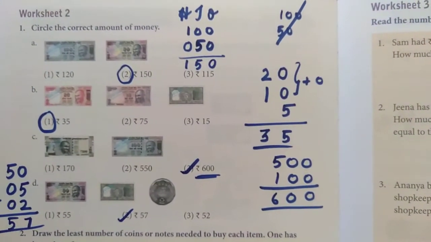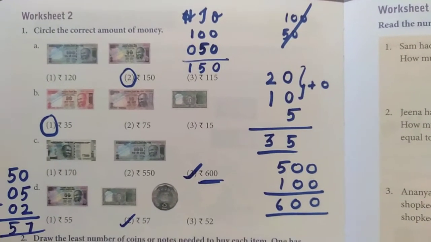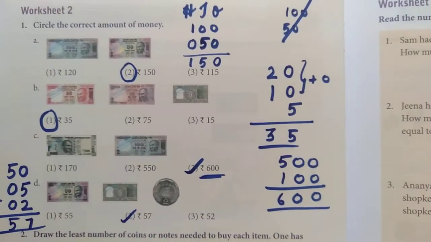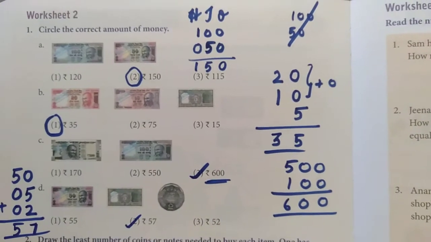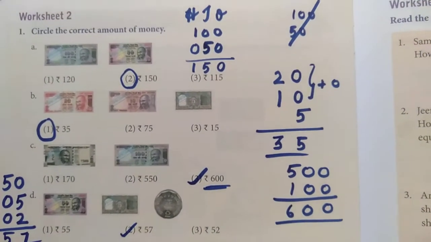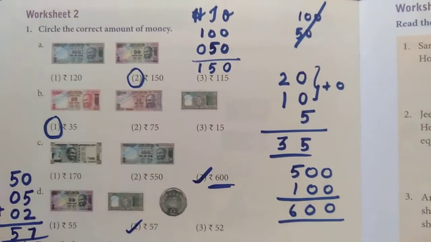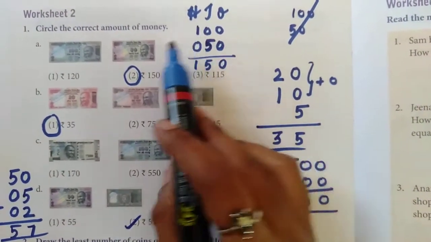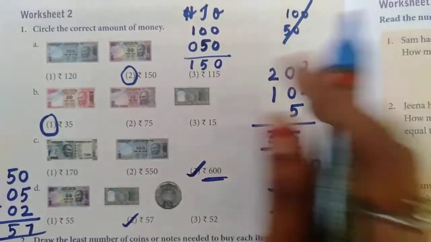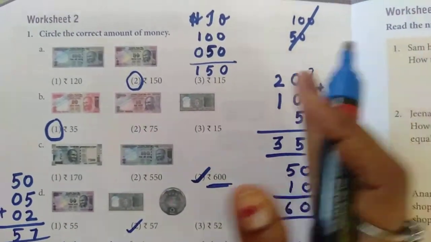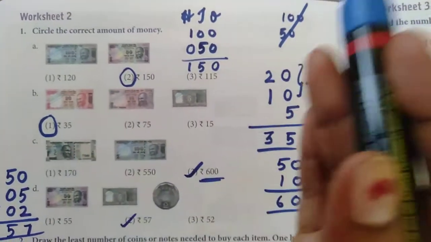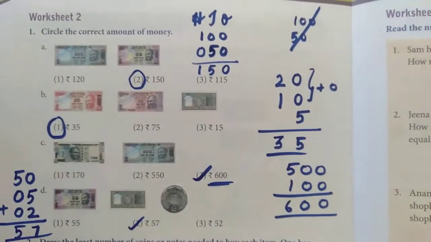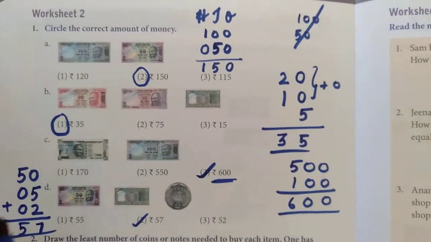Does anyone have doubt? If you have doubt, you can ask. After the class you can call me and ask. Okay, understood now? This one, worksheet 2, first one you have to add. But you have to check. If it is a 3-digit number, you have to write properly, from the ones value, the 100. If the next one is a 2-digit number, from the ones value you have to write. No need to change the numbers.